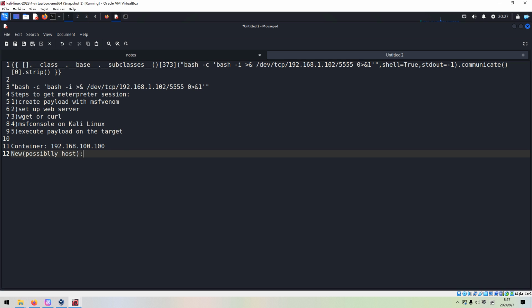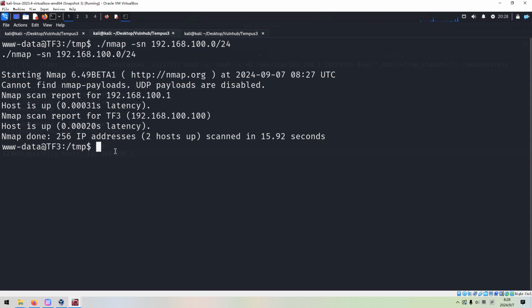host. Okay. So next we need to make further scanning with Nmap. We need to know the open port numbers and the service information of this IP address. So how to do? Because the current user is not root, we cannot do the stealthy scanning with Nmap. But we can use Nmap. We can use the full connect scan.